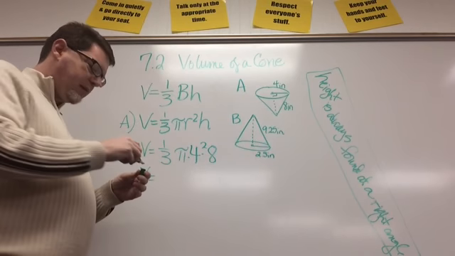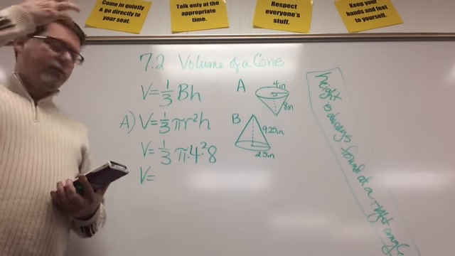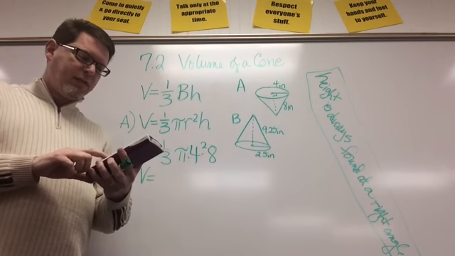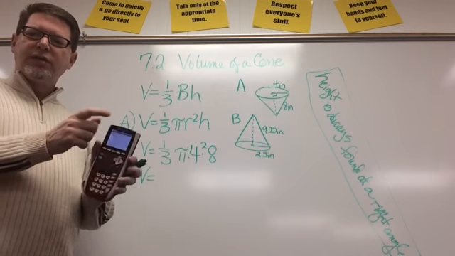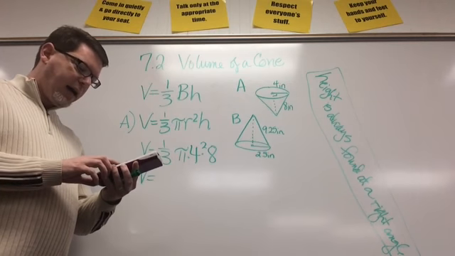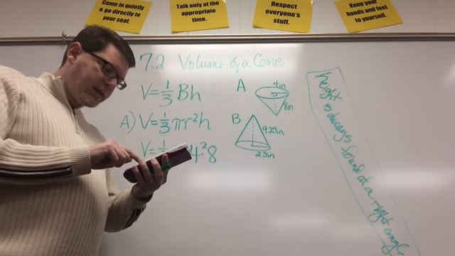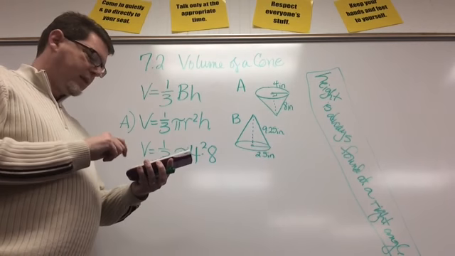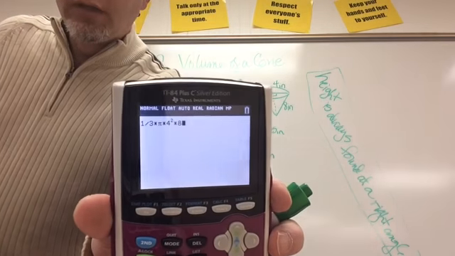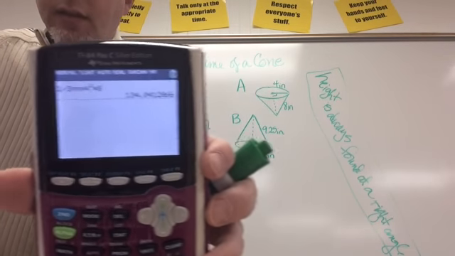Now that I have these numbers here, I'm going to plug them into the calculator. And you're probably thinking to yourself, how do I put in 1/3, Mr. Cohens? Well, that's great. 1 divided by 3. That's all you do. So I'm going to type 1 divided by 3, and that gives me the 1/3. It even looks like a fraction on your calculator. 1 divided by 3 times pi, and you'll remember that that's the second power of the key, times 4, and then the x squared key, times 8. And that's what it looks like on your calculator. 1/3 times pi times 4 squared times 8. And when I hit enter, there's my answer,